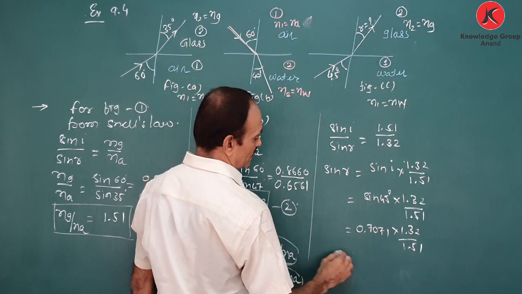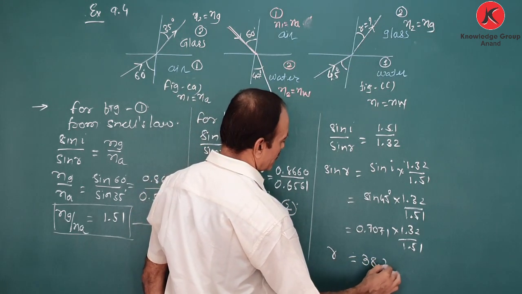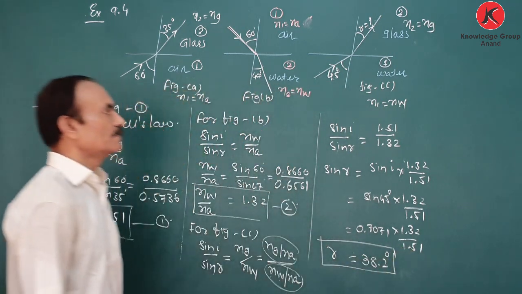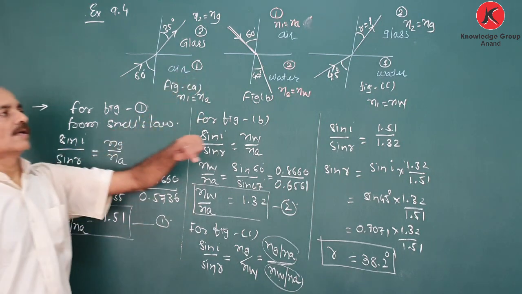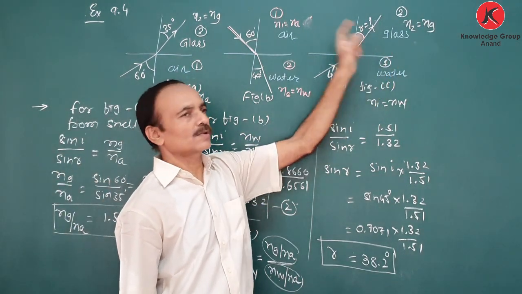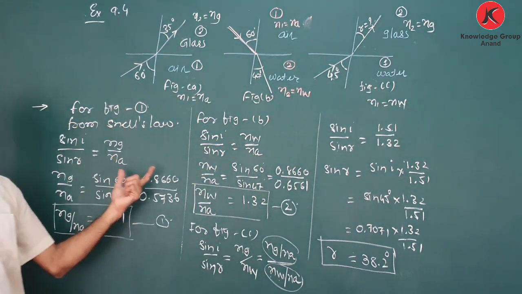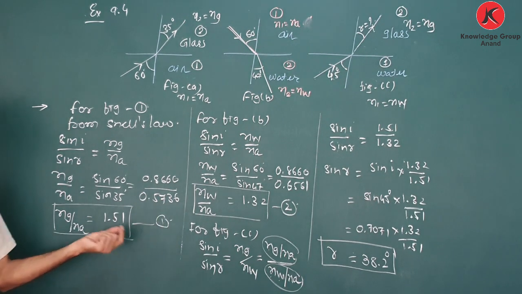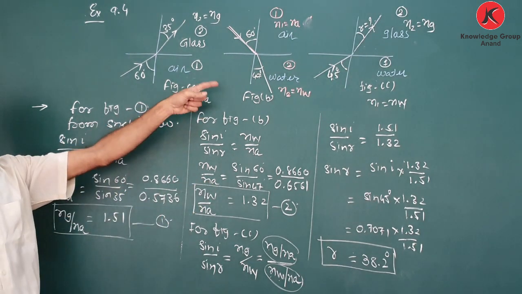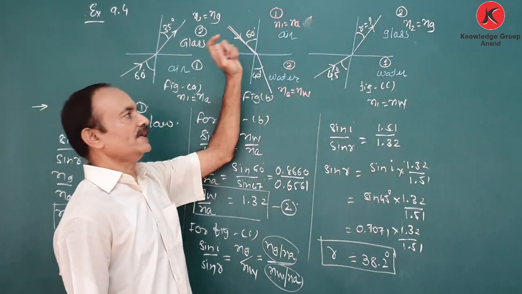Thus we obtain the value of r is equal to 38.2 degrees. So that is the angle of refraction at the water and glass interface. Okay, so very easy: only from Snell's law we can calculate the angle of refraction on the basis of the earlier two different interfaces, air-glass, water-air, and then